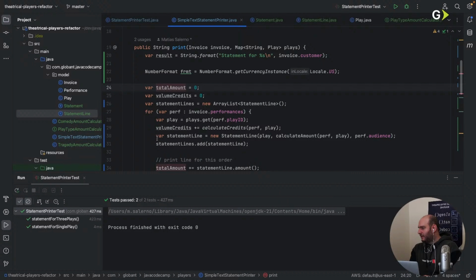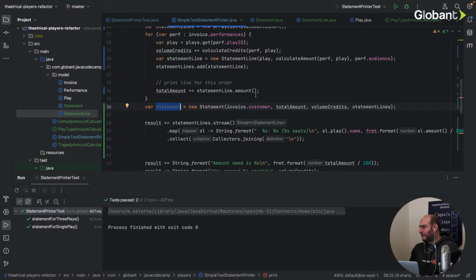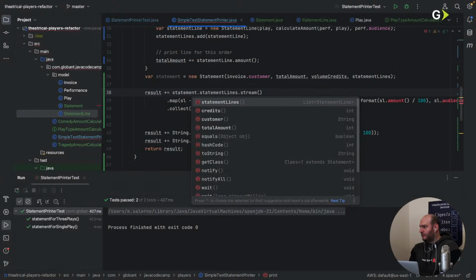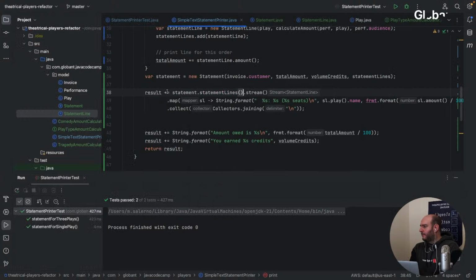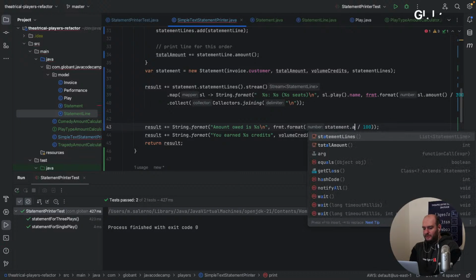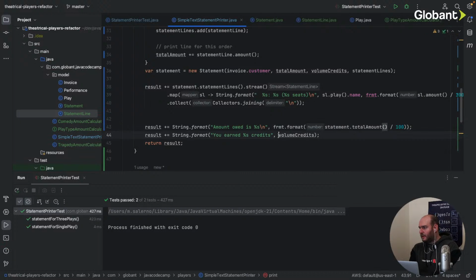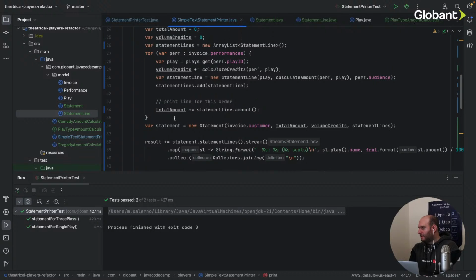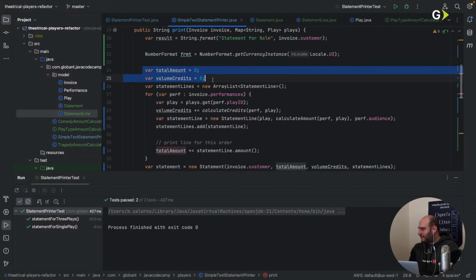So the thing that we need to export at the end is the statement. I can show you this by saying, instead of calling the lines directly, I will call statement dot statement lines, and then the same is going to happen with these amounts. So statement dot total amount, and then statement dot credits. So now everything comes from the statement. So I don't really need these variables